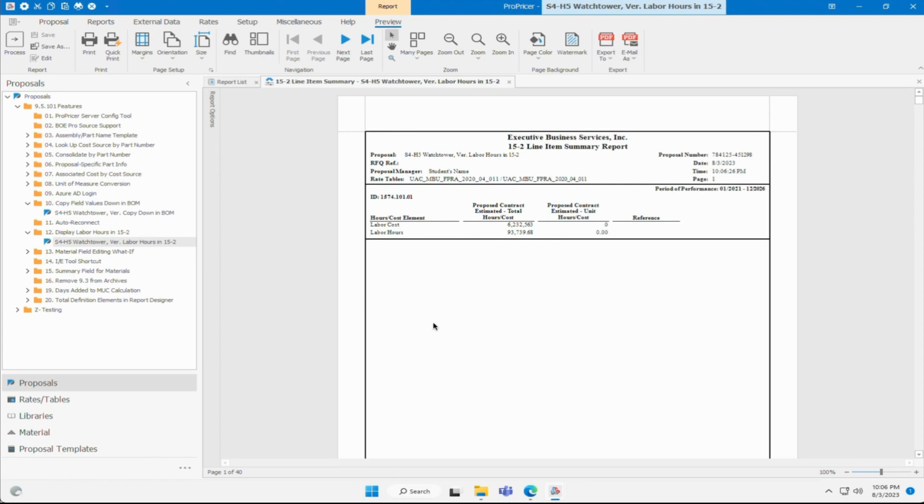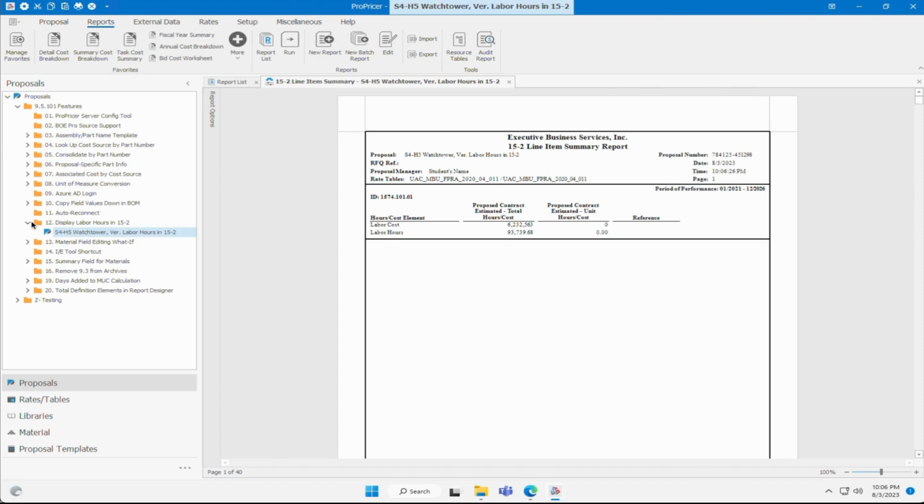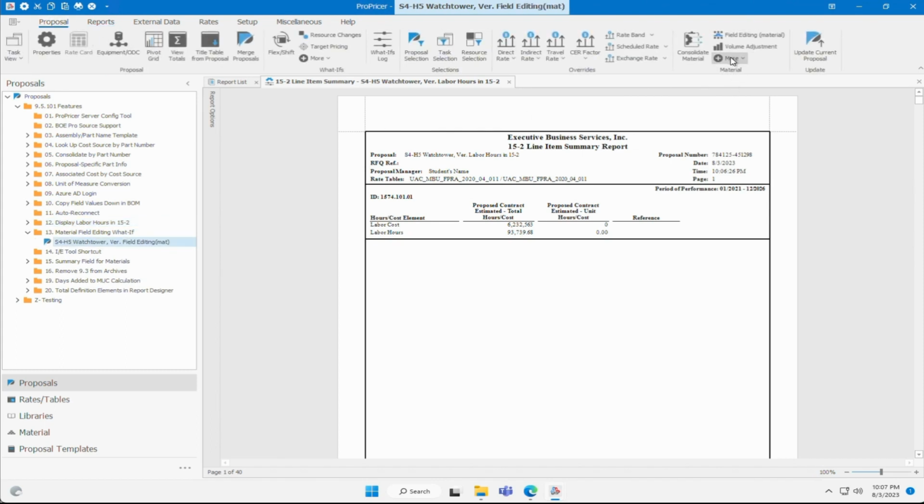Moving on to the next feature, we have material field editing what if. So this is a new what if feature specific to materials, and the feature is called field editing material. Unlike other what ifs, we didn't group this on the proposal ribbon in the what ifs grouping. This is actually grouped under the material grouping of the same ribbon, and you'll see a new icon here called